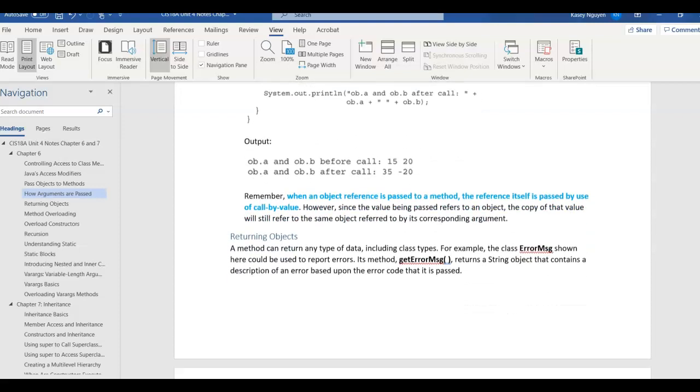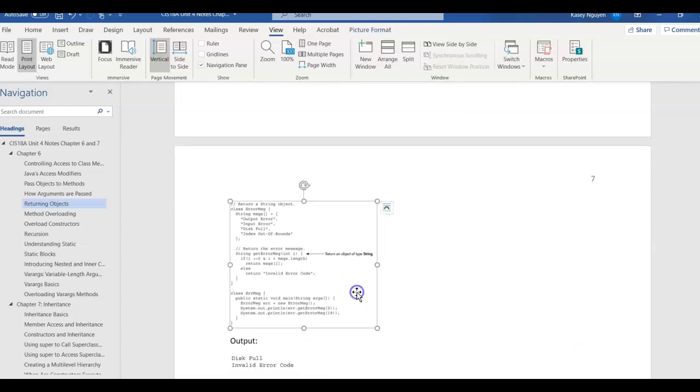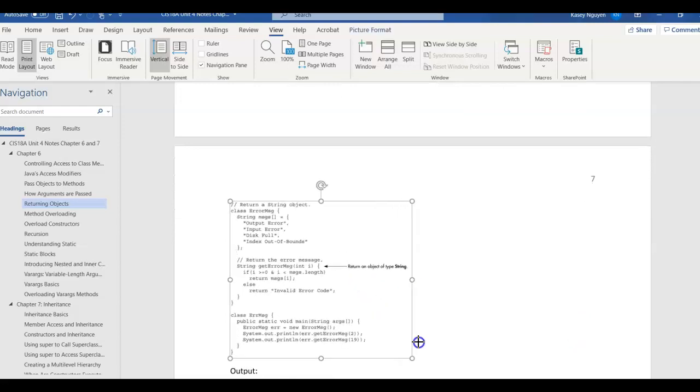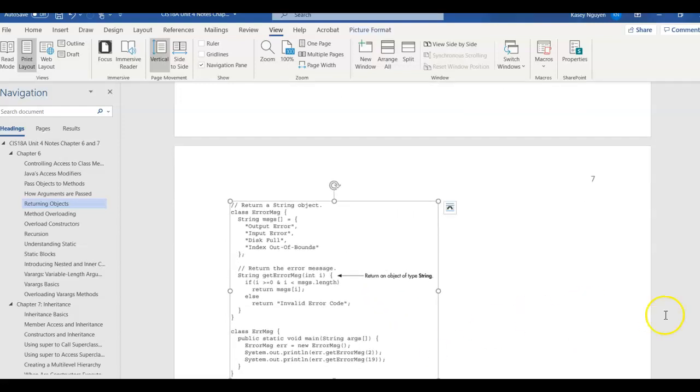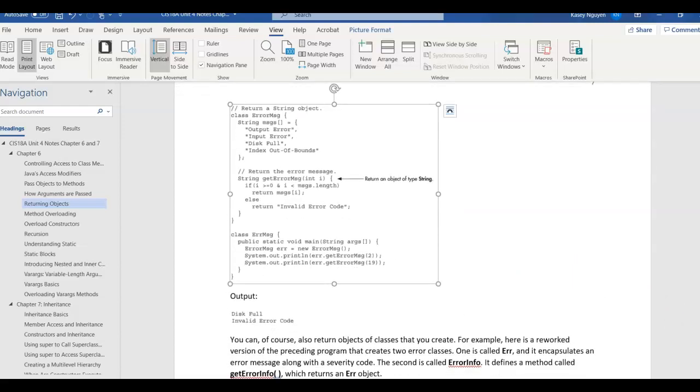Now on the next part, which is returning objects, and as for these screenshots, if they're small on the page, you can pull them larger so you can see. And this is the example represented in the textbook. So in this example, we're actually returning a String object, and we have a class called ErrorMessage. We have a string array